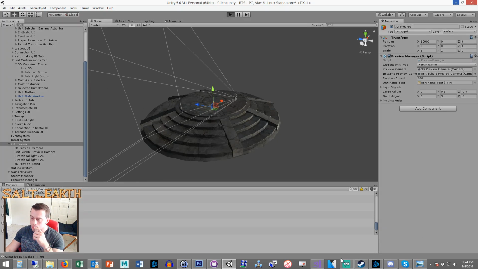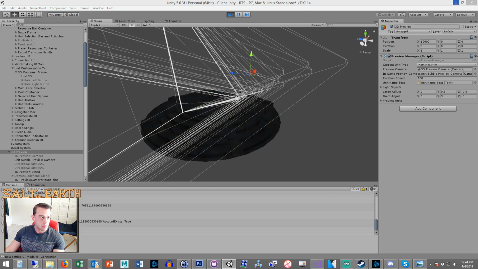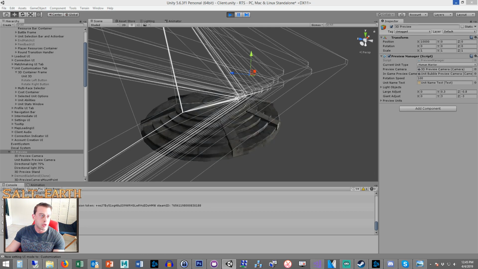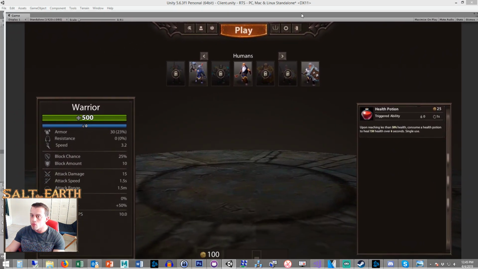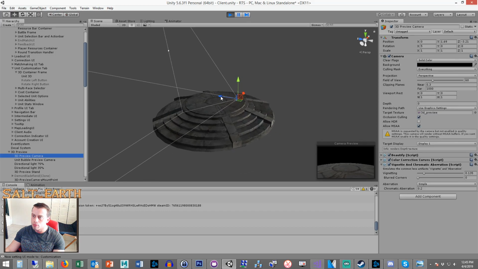Okay, let's launch this. Let's get back into it. And let's see how things look. So let's log in, switch over to unit customization. This is what I'm seeing. So we obviously need to adjust that. That's a bit weird. So let's take our preview camera. Let's move it back, move it up, back, up, a little bit more,